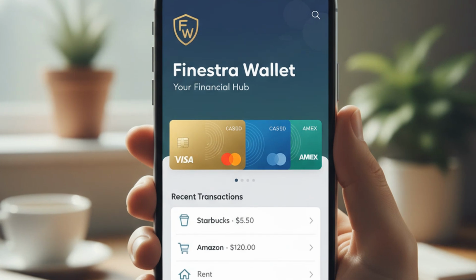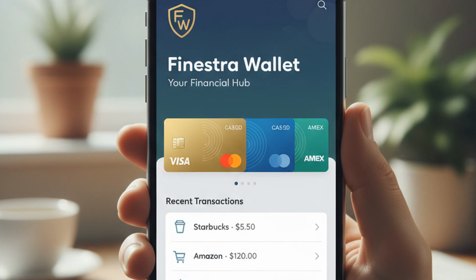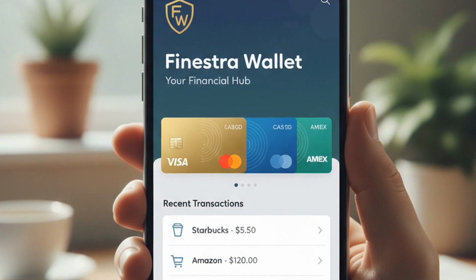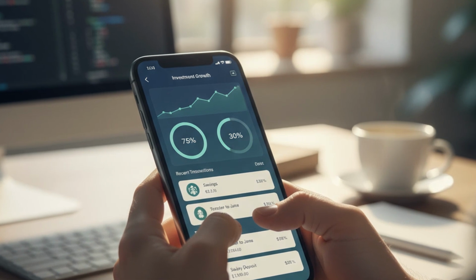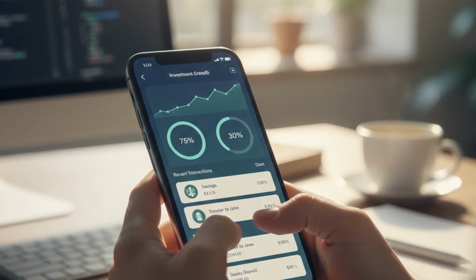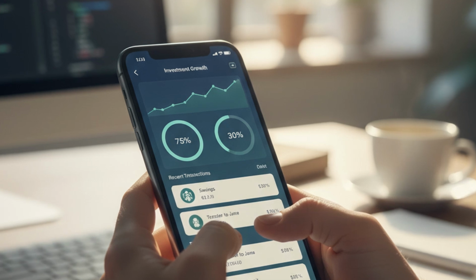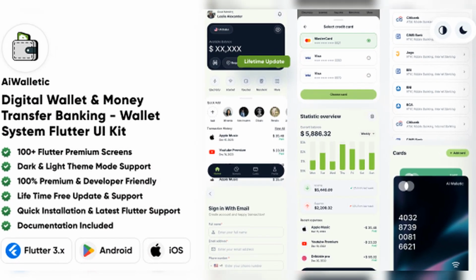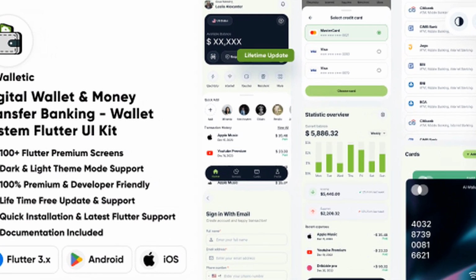Are you struggling to create a sophisticated, user-friendly digital wallet or banking application from the ground up? Building a modern fintech platform with all essential features and a polished UI can be incredibly time-consuming and demanding for designers and developers alike. You need a powerful solution that simplifies the entire process without compromising on quality or comprehensive